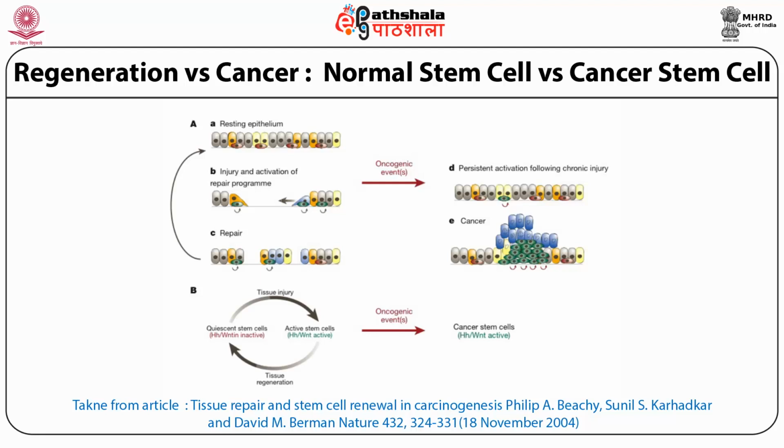As an example, in figure A, you have a layer of resting epithelial cells, which show different cell phenotypes, the brown, orange, and the yellow cells. And all these cell types in turn are derived from the tissue stem cell or a progenitor, which is shown in red. Most of the time, the tissue stem cell or the adult stem cell is quiescent in nature, that is, it is not dividing.